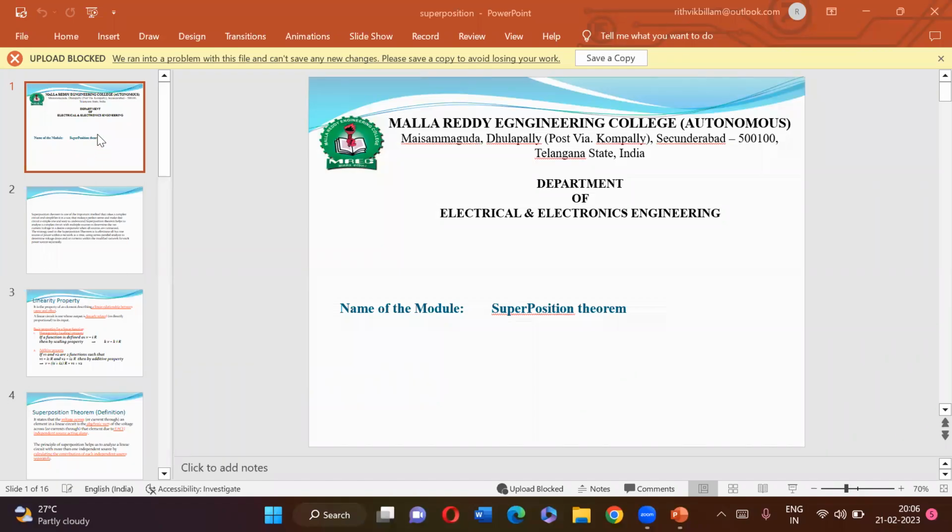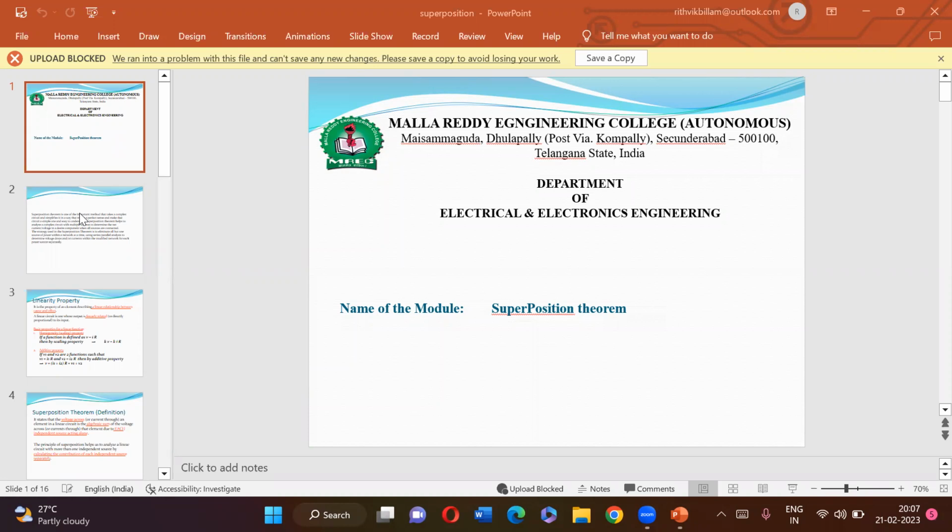Hello everyone. Now I'm going to discuss one of the important theorems, that is the superposition theorem. The superposition theorem is one of the network theorems used to find the unknown values in the system. It is applicable only when you have more than one source. In this theorem, to find the voltage drop or current flowing through any particular resistance or